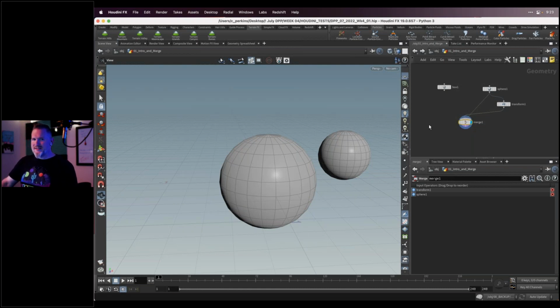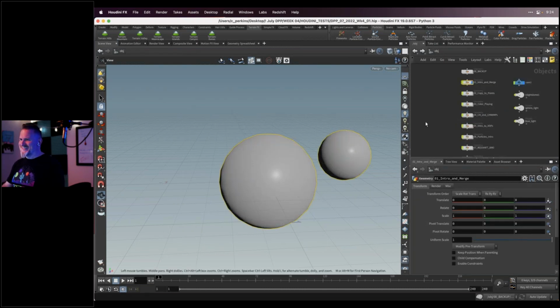Cool. This should feel pretty basic, hopefully. I'm trying to make this as not intimidating as possible. Like I said, I'm still learning Houdini. I've been learning it for years, and I'm actually working on a training course for Houdini, because getting these basics down is really important. And once you've been using Houdini for a while, you forget what it's like to learn the basics, so it takes a lot to process even the simple stuff that we're doing. So I'm glad that we're all on the same page. I know this is going to be pretty slow, but we're about to ramp up. So stay with me here.